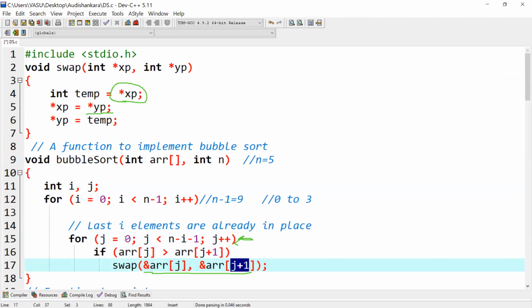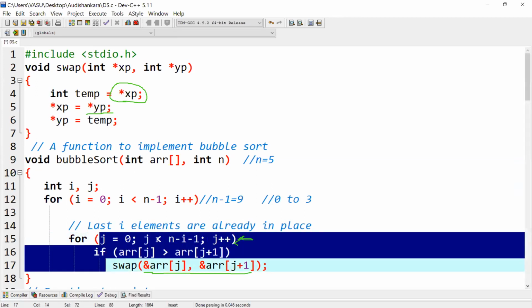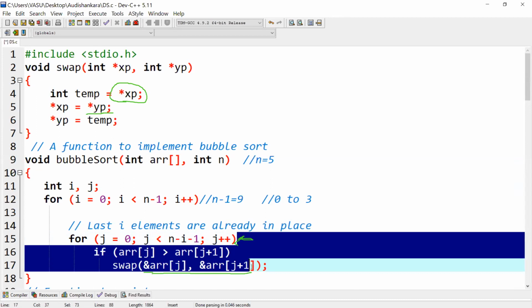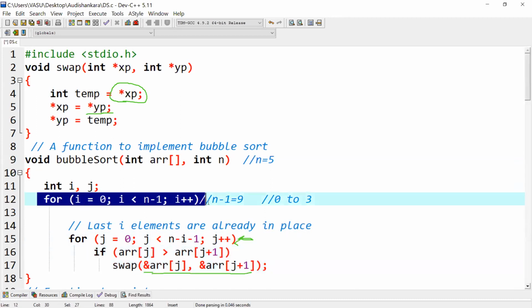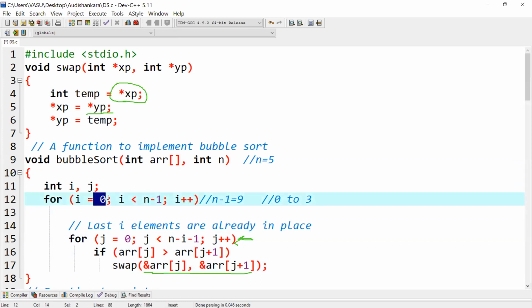So like this j will keep on going from 1, 2, 3, 4, 5, 6 until this condition becomes false. Until then this for loop will execute. Once this condition becomes false and this whole loop has come to an end, my execution pointer will go to the outer for loop again. Then I will increment again for 1.